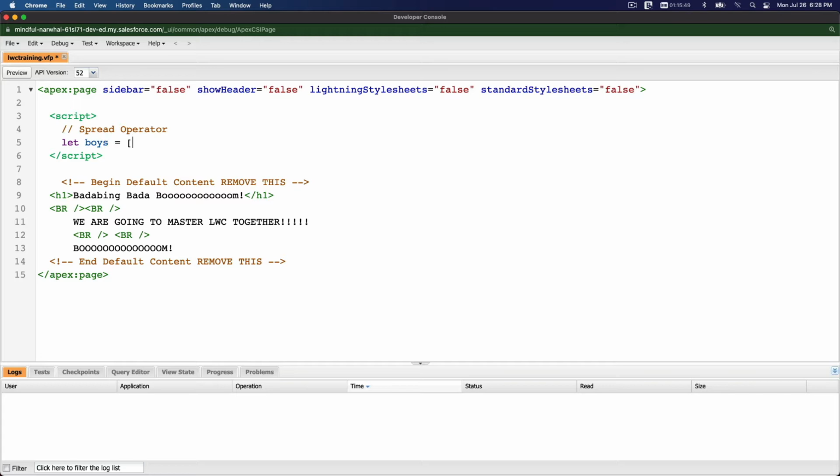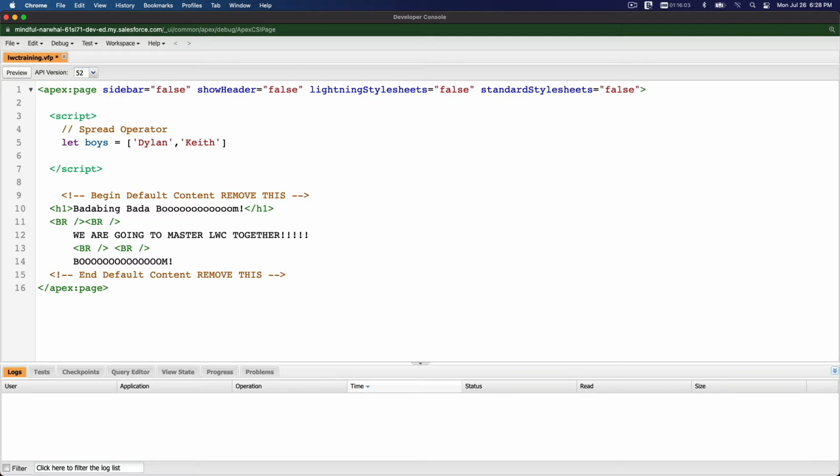We are defining an array like that, and let's define two boys here, Dylan and Keith, for example. Okay, and let's define two girls named Mary and Martha,